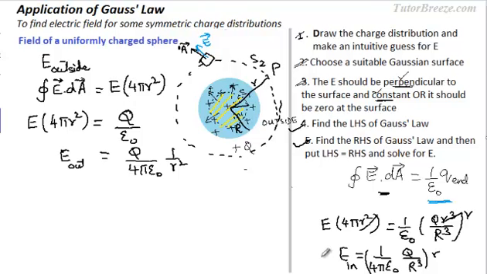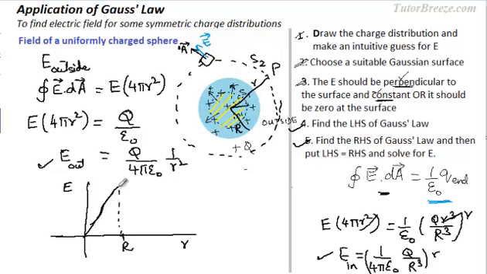Now let's plot a graph that shows the variation of electric field with the distance r. This is r and this is E, and this is the radius capital R. In case of the electric field inside the sphere, it varies directly as r. Since it's a linear relation and it's directly proportional, you'll get a straight line graph. So it will be a straight line.